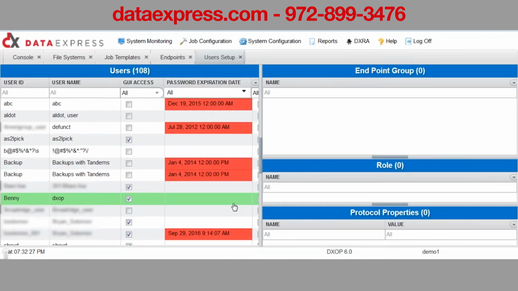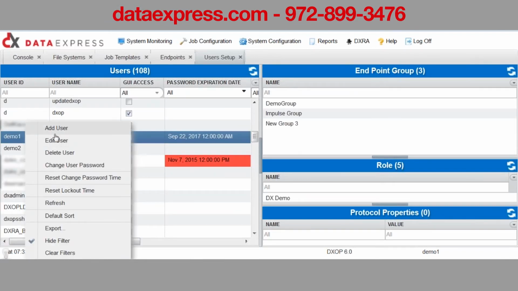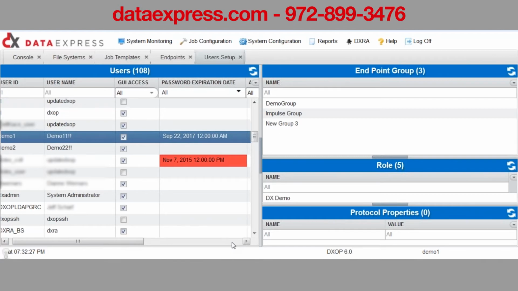Another system configuration is the user setup for authentication in the application. Adding a new user is a right-click function. To add a new user, give it an ID, a name, and whether it has GUI access or not. Then we would enable the account and set a password, which is governed by different system preferences, specifying the number